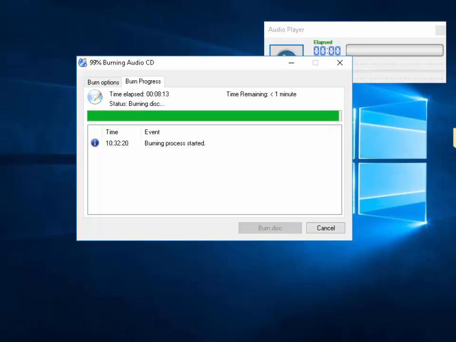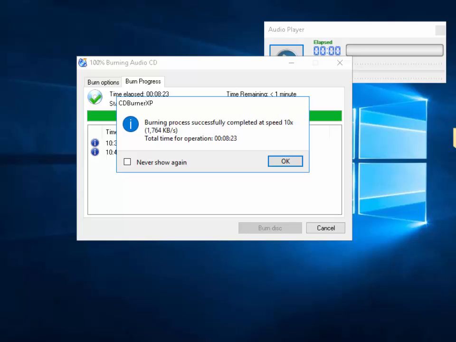Okay, so we're coming right to the end of the burning process now. Just got a little bit of line left to go. And there we go, the burning process successfully completed, and the disc is ejected. So I left click OK,